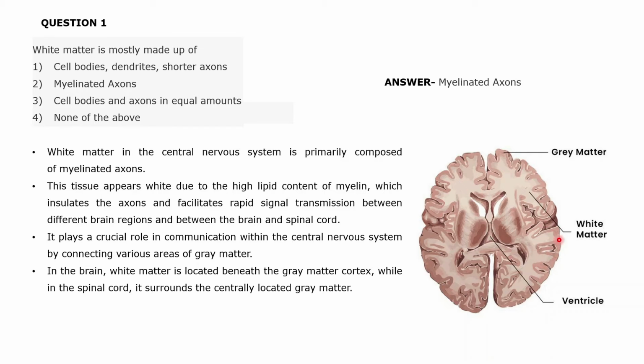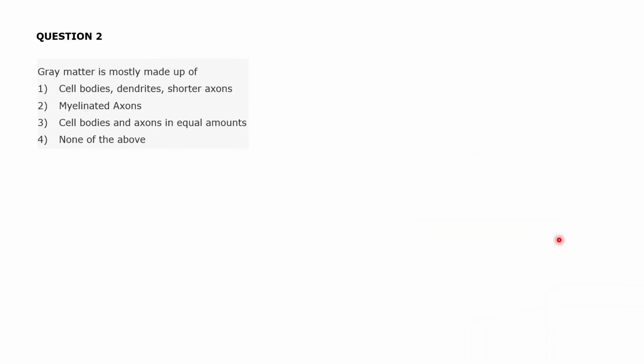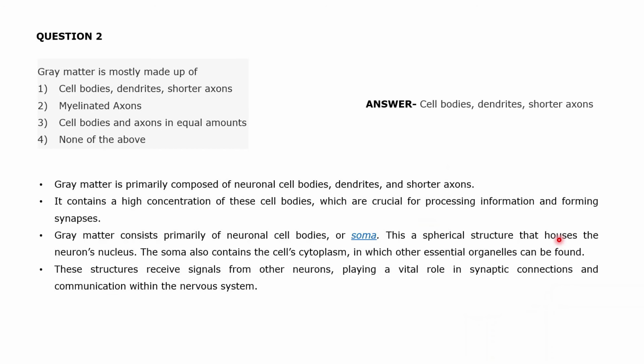In case of spinal cord, it's totally opposite. The gray matter occupies the center while the white matter occupies the boundary. So in this case you can see that it consists of a higher concentration of cell bodies, which are crucial for processing information and forming synapses. So gray matter also consists of these neural bodies. These neural cell bodies are also called